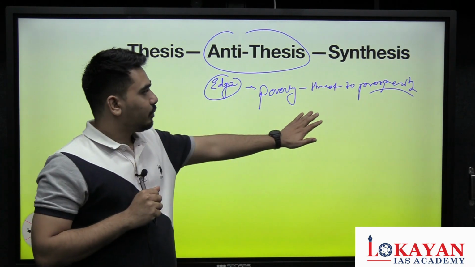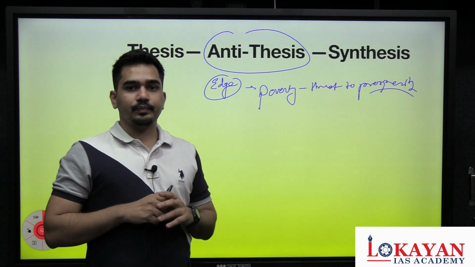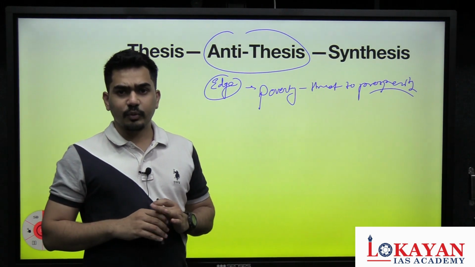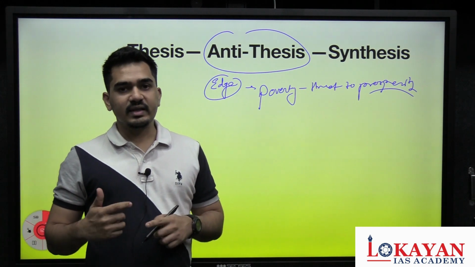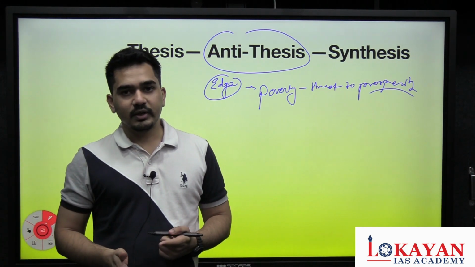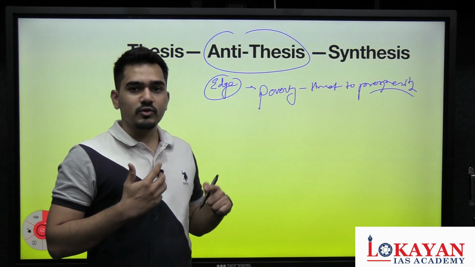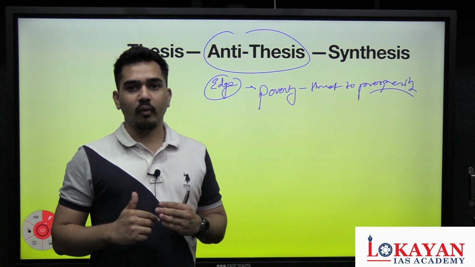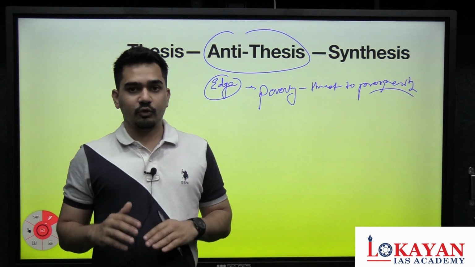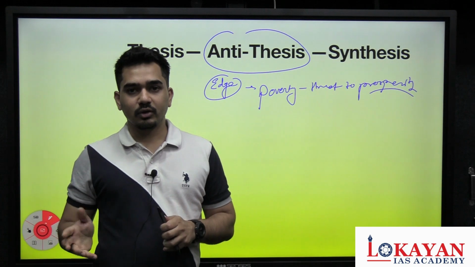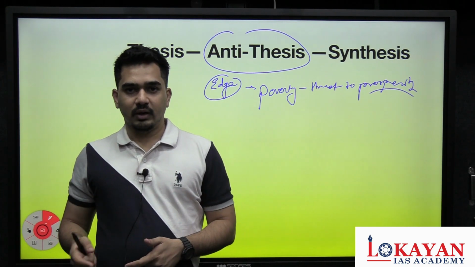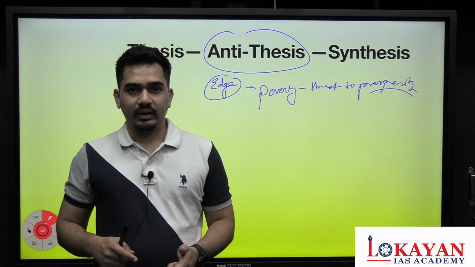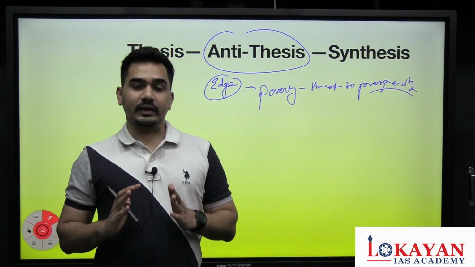Okay, yes, poverty is a threat. Its antithesis to prosperity will be like, when the nation starts to become more and more prosperous, there will be some sort of inequality, some sort of poverty that will still be existent. So we are not exactly giving a counter to the topic, but we are trying to add new elements to it. So that is the antithesis here. Okay, so understand this difference. This is a classic type.